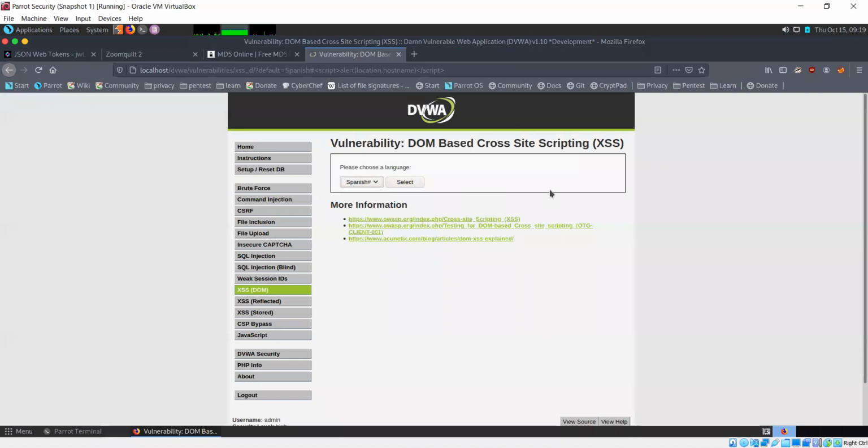Most DOM-based attacks are done through the URL, like we did.